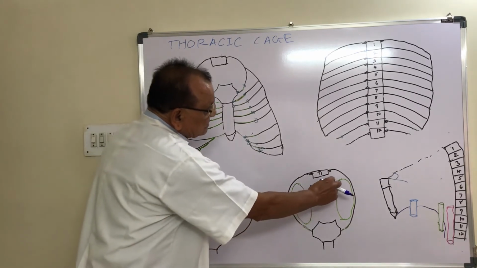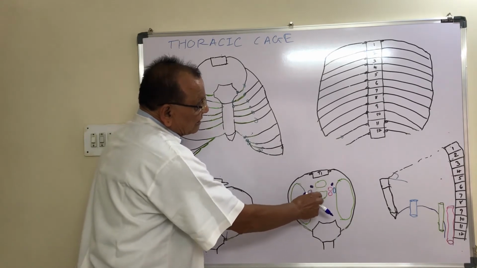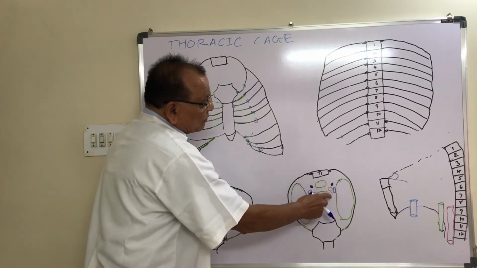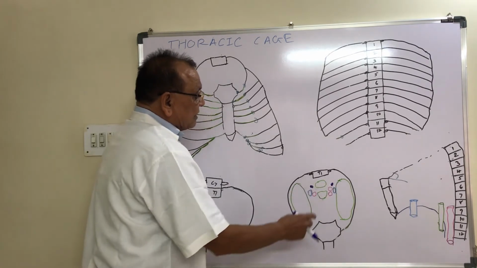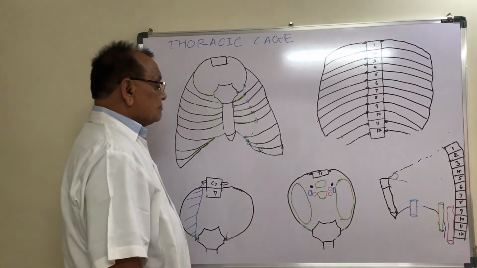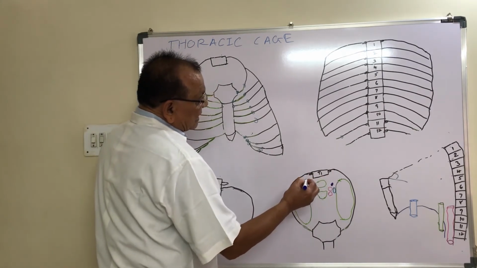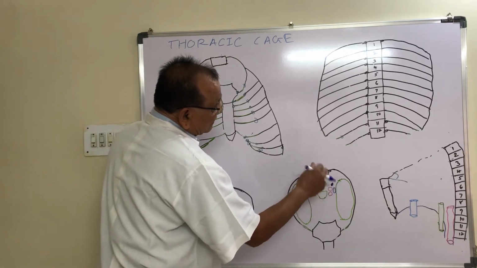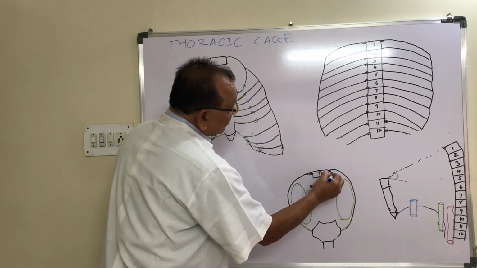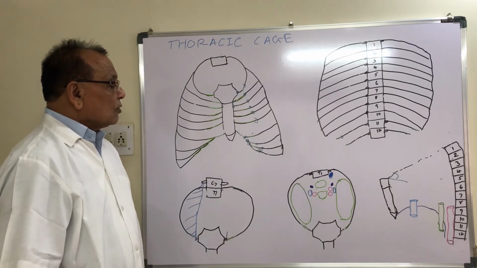The structures pass on the left side, left to the trachea: left common carotid artery, left subclavian artery, lateral to both the arteries there is the left brachiocephalic vein, and posterior to the blood vessels you will get the left vagus nerve or 10th cranial nerve. And here behind the vagus nerve, on the lateral part, you will get the left sympathetic trunk. Left sympathetic trunk, it is a part of the autonomic nervous system.